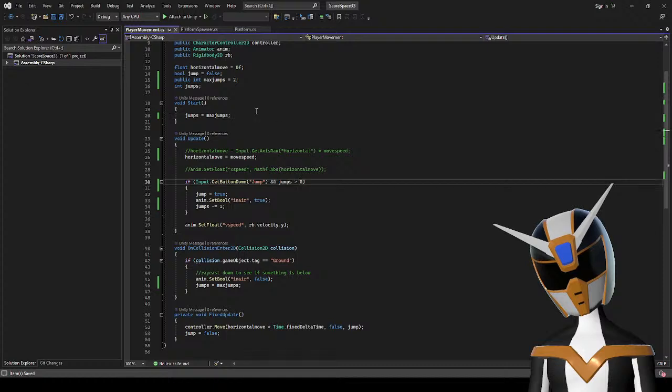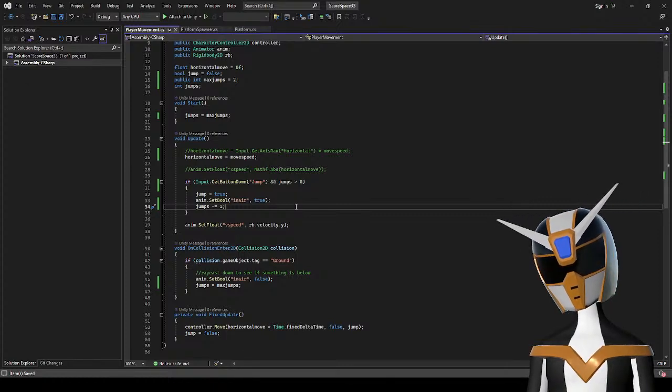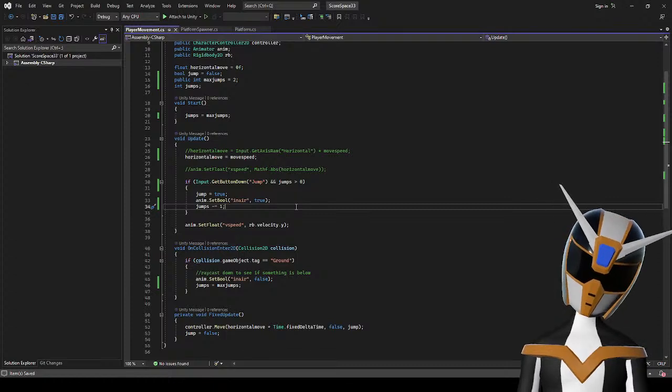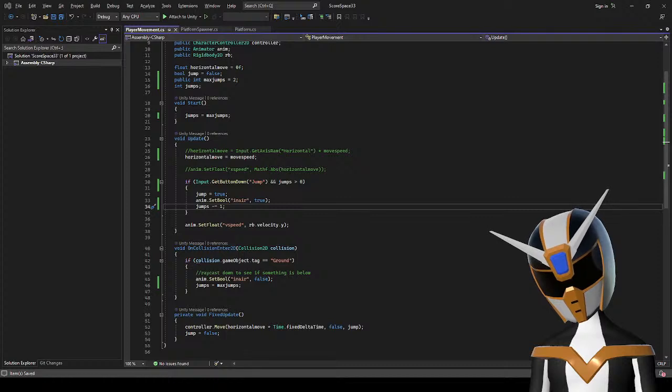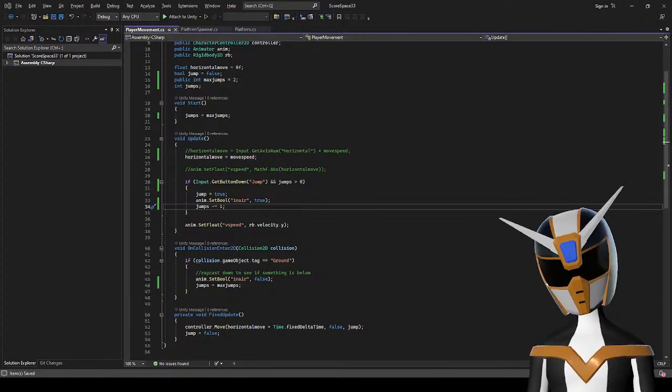Jumps greater than 0, which they should be. What am I doing wrong now? What is happening? Do I not have the ground check low enough, I wonder? Maybe it should be slightly lower than the bottom of the character.